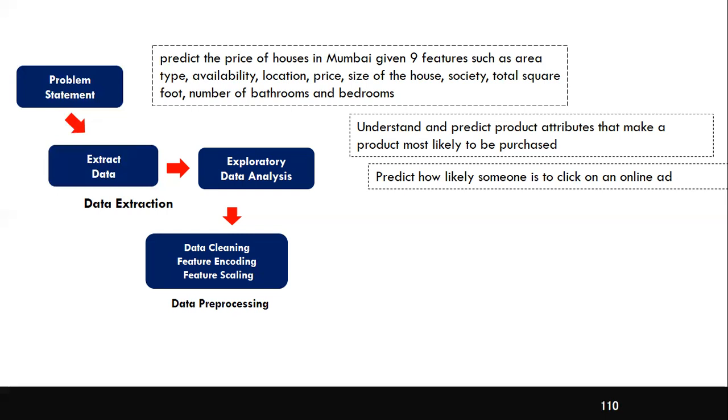As part of the problem definition, we define the problem. Once they define the problem, they will see if they can convert the problem statement into a machine learning problem. That is the next step. Then we start extracting the data in order to build a machine learning model to predict the housing price in this case. As part of extracting the data, we talk to the various stakeholders, and we will make sure that